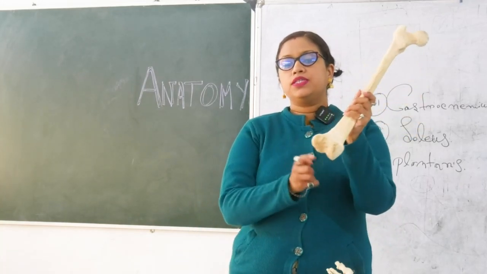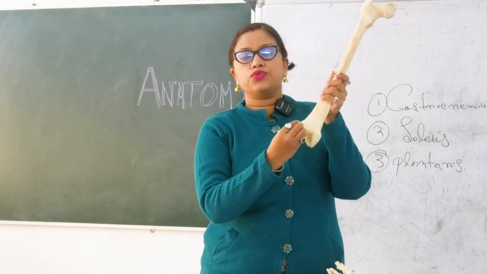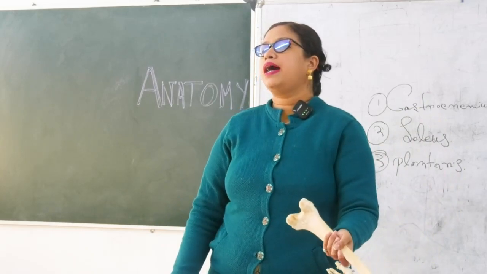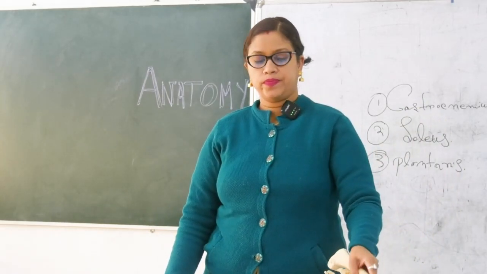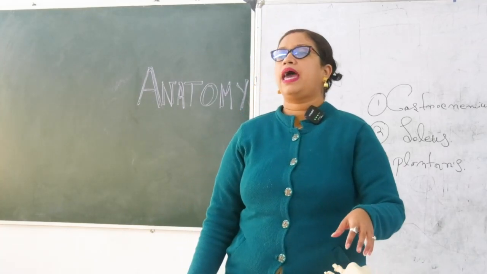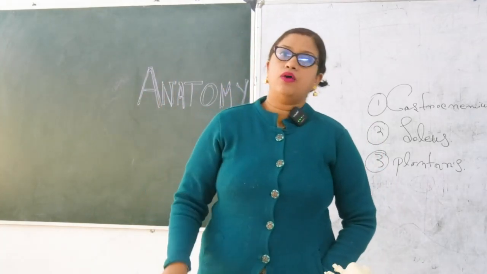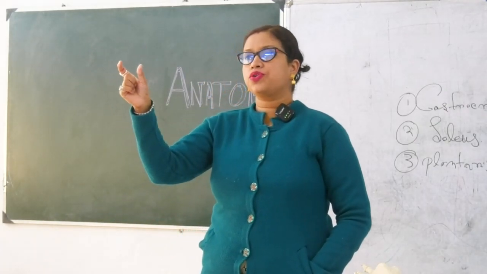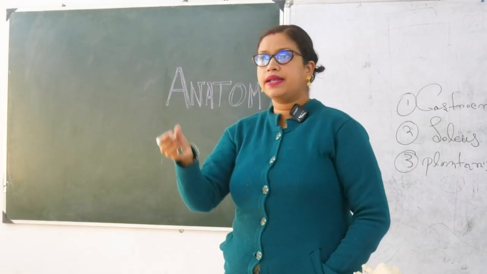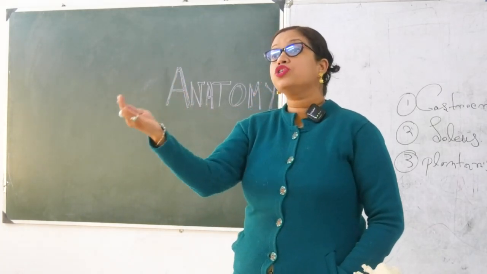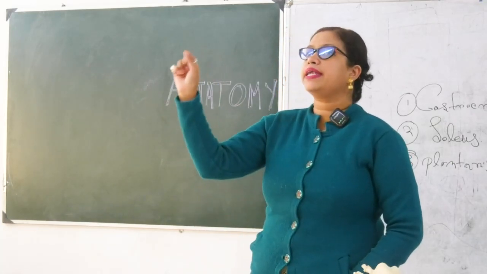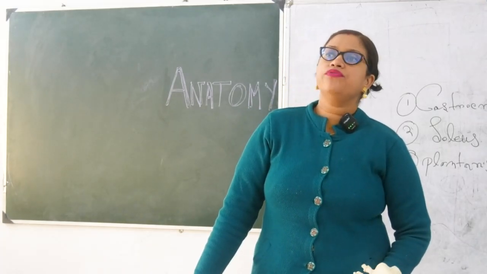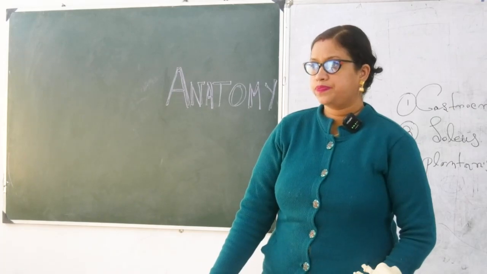It takes origin from here and then comes to the medial side. Write it down. Then it comes to the medial side and runs downwards. If I trace it, at first is the lateral head of gastrocnemius. Below that you have the tendon of plantaris. Then you also have to remove the medial head. So for getting the tendon of plantaris, you have to remove the medial head of gastrocnemius.